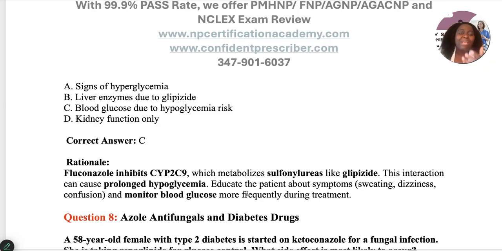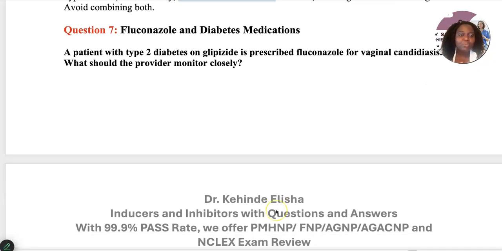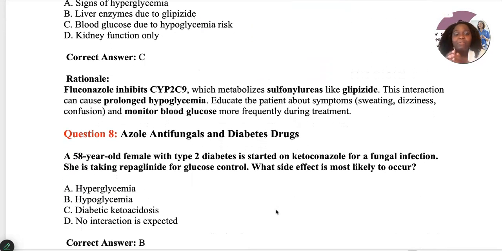We know what the answer is, but why is the answer so? Don't forget, you're going to come to the question and identify which one. Not for every question, of course. Your whole exam is not going to be about inducers and inhibitors, but when you see them, because you've been exposed to it, you're going to recognize it. Here I recognize that I have a drug called fluconazole and also glipizide, and I recognize fluconazole to be an antifungal and in fact an inhibitor. If it is an inhibitor, it's going to raise the other drug up. It inhibits the metabolism of sulfonylureas like glipizide, and the interaction will cause